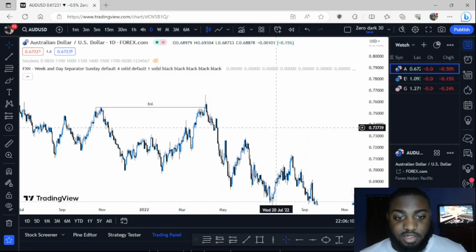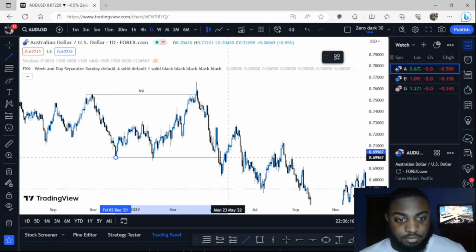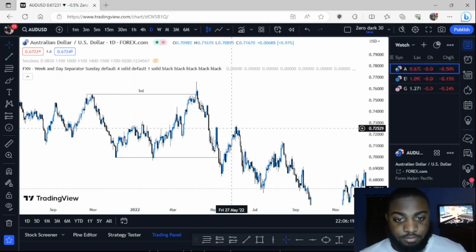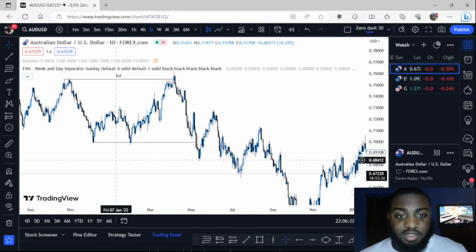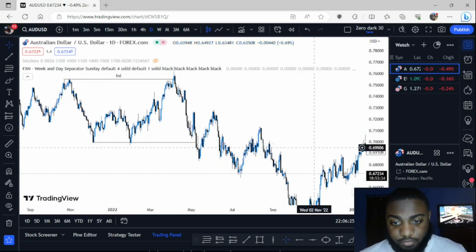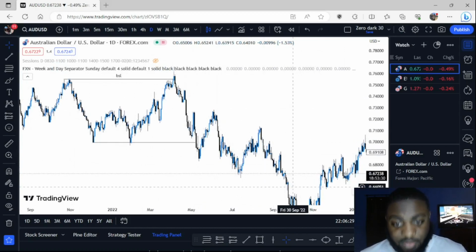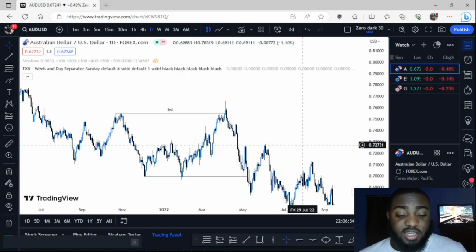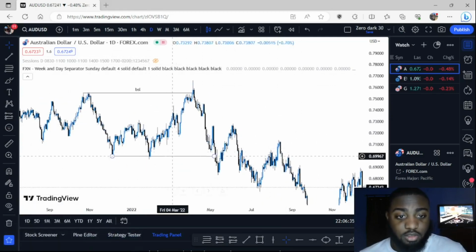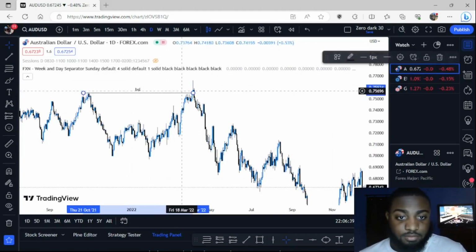Since we're taking out buy side, what are we anticipating to do next? We're looking to take out sell side, which we do here. Now what? Even though we're taking out buy side and sell side, the market's not going back and forth, back and forth. It's going up, down, up, down, up, down. You see what I'm saying? It's still making higher highs and higher lows. It's just taking out the liquidity along the way.